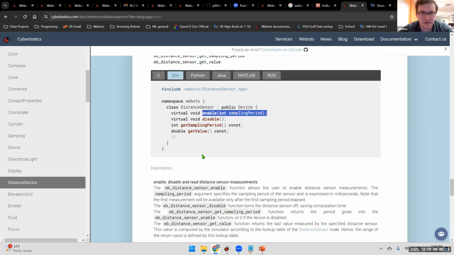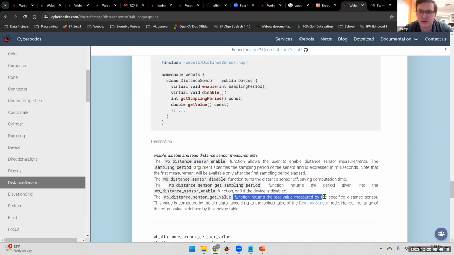And that would be get value here. The get value function returns the last value measured from the specified distance sensor. So there's a lot here, but if you look for the specific stuff you want, then you can generally find it pretty easily in the description. Okay, so